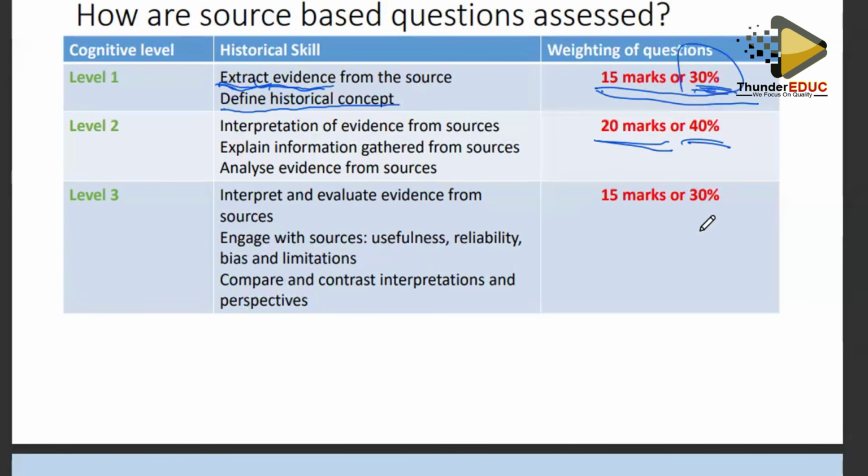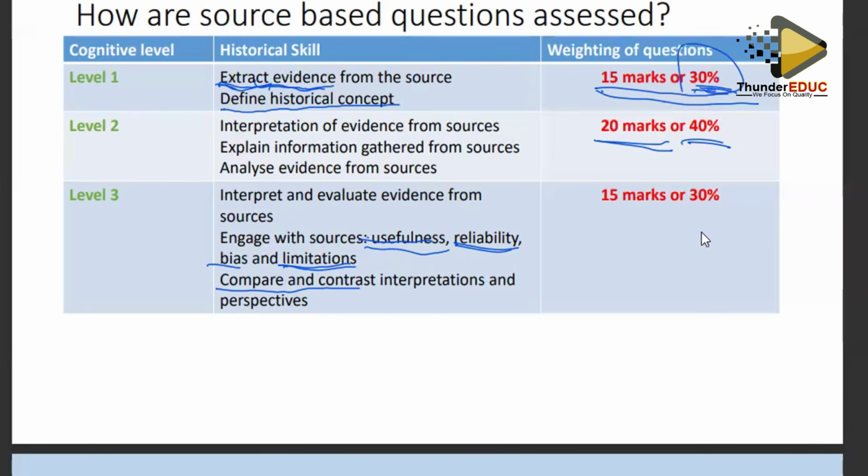We are now engaging with sources. We are dealing with issues like usefulness of a source, reliability of a source. We are looking at bias in the source or limitations of sources. We are comparing and contrasting interpretations and perspectives of sources. In this level here, we are now dealing with